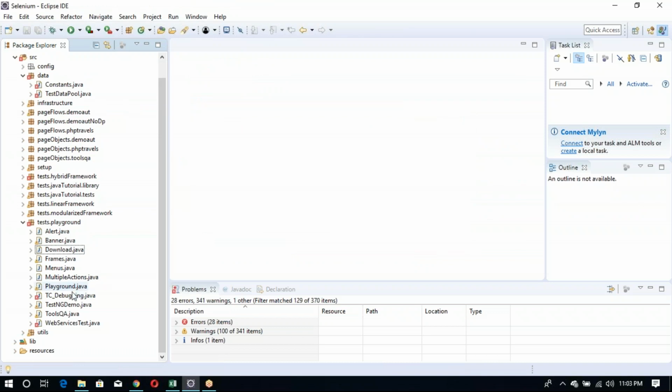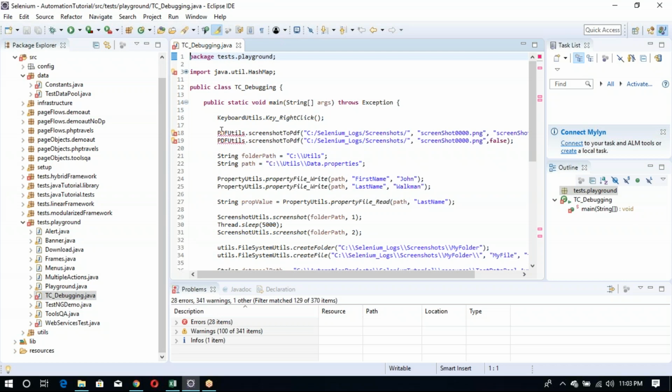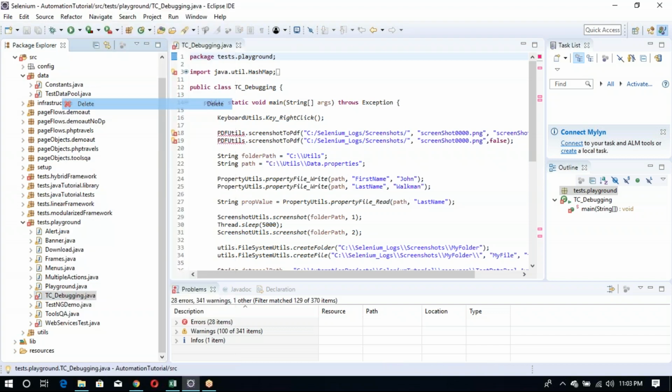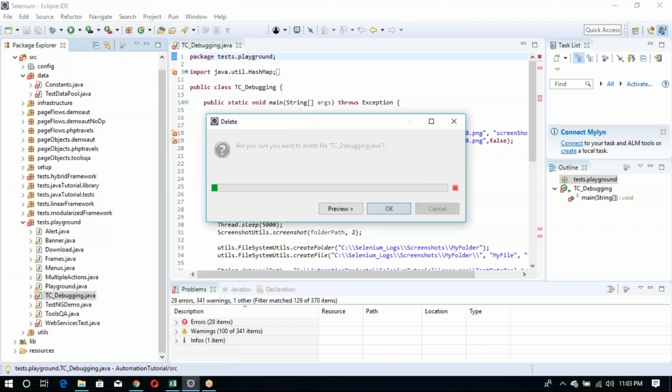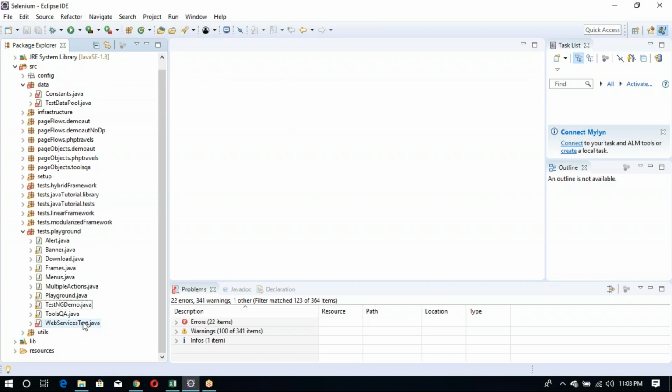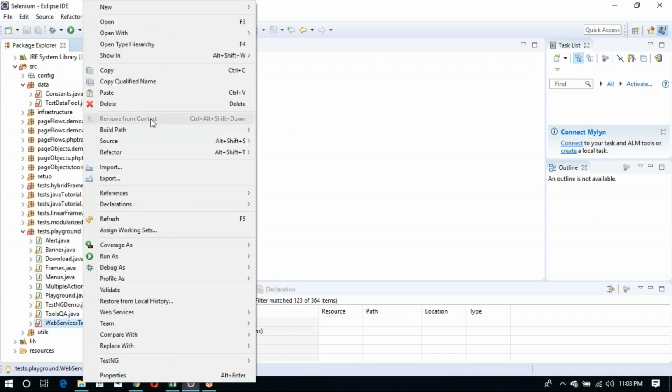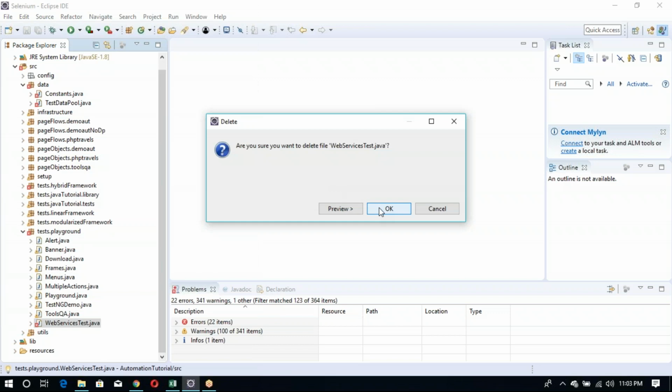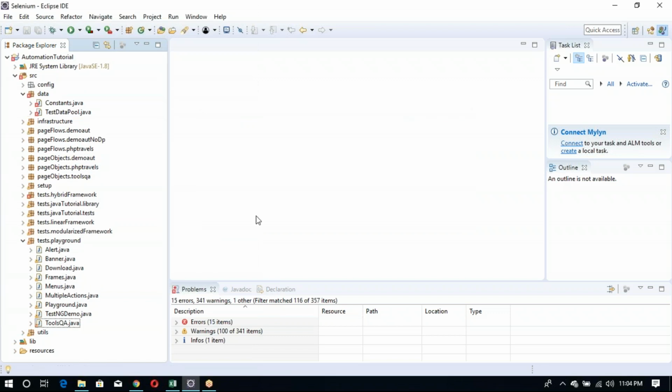Now TC debugging is just a simple test. PDF details are missing, right? Okay, delete it because we didn't add the PDF details. That's why you're getting the error. That's okay. Delete it. And WebServices, you also delete it. I will add the jars. I will add the utils, and you can run it later. You can take the update. So for now, you're